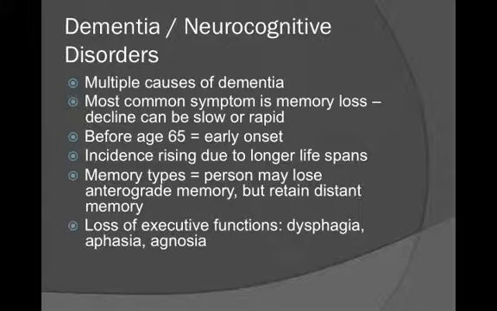A person may also be aphasic. Aphasia refers to the loss of speech, and before the person completely loses their speech, they would probably be dysphasic, meaning they would lose some of their ability to speak. And agnosia refers to the person having difficulty recognizing familiar objects, people, and experiences in their life. And so you can see how these things can be very invasive in the life of a person with dementia, and how they can gradually create a dependency by the person on others for their care.